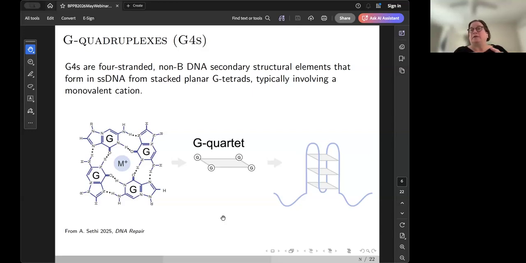Is what's called G-quadruplexes. These are funky forms of DNA that happen quite naturally and transiently, and they're going to be the main stressor for that replication process. What these are is four-stranded non-B form DNA secondary structural elements that form in the single-stranded DNA as it's coming out of, or going